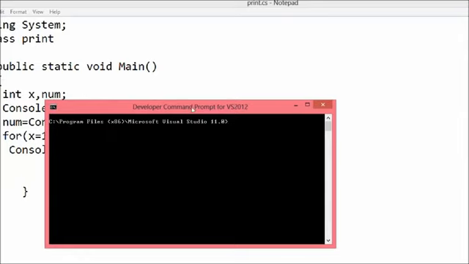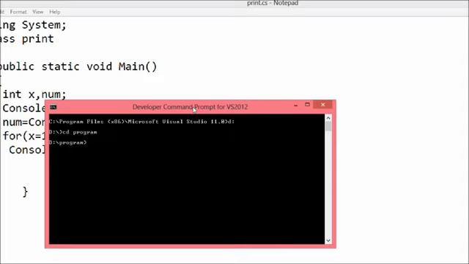For that we have to open a developer command prompt, which is here. After that we have to move to the local disk drive where we have saved the folder and file. I have saved my folder and file in D drive, so I am going to D drive. After that we are going to the folder name. For going to the folder we have to write cd, that is change directory, and after that the name of my folder. The name of my folder is program, so here I am writing program. I have successfully entered my folder.